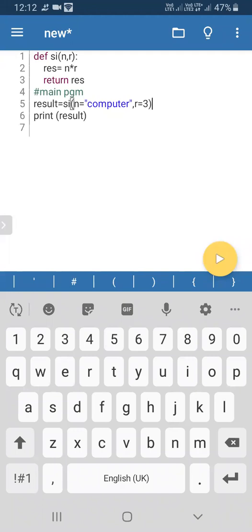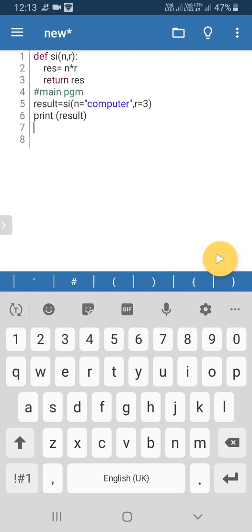So here, what is the argument? Means 2 arguments only. What are the arguments? Computer and 3. But for computer we are giving one name, and for 3 we are giving one name. Then we are passing the value. What will happen? The value will be referred with its name in the parameter. Then it will be executed. Could you understand this one? Yes, sir. Understood. Okay, but what about other students? Yes, sir. Okay, good.